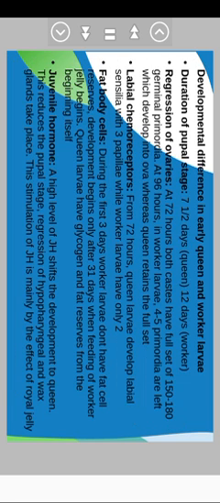Developmental difference in early queen and worker larvae. Duration of pupal stage: 7.5 days for queen, 12 days for worker. Regression of ovaries: at 72 hours both castes have a full set of 150 to 180 germinal primordia. At 96 hours, in worker larva, 4 to 5 primordia are left which develop into ova, whereas the queen retains the full set. Labial chemoreceptors: